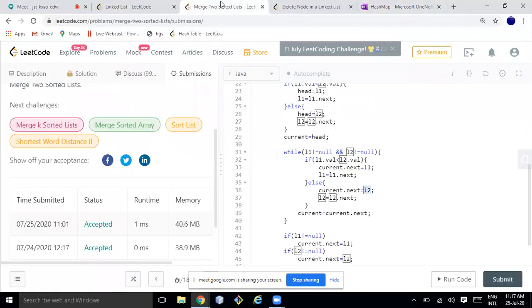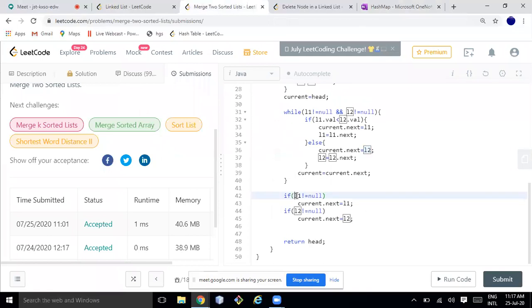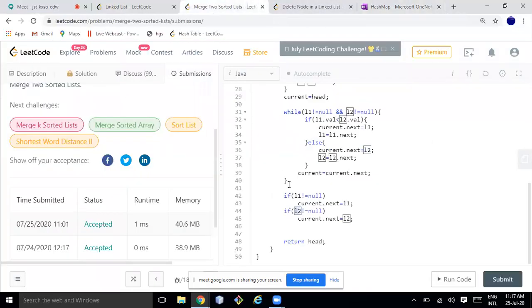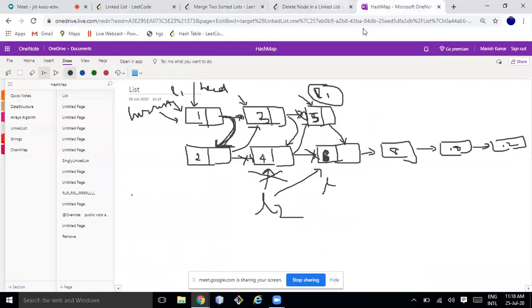To handle that scenario, again we have to check whether L1 is pointing to null or L2 is pointing to null, whichever is the terminating condition. So here L1 will be pointing to null, but L2 will have more elements, right? So we can directly do current.next. Here we are doing current.next every iteration, that's fine. Current.next should directly point to L1 or L2.